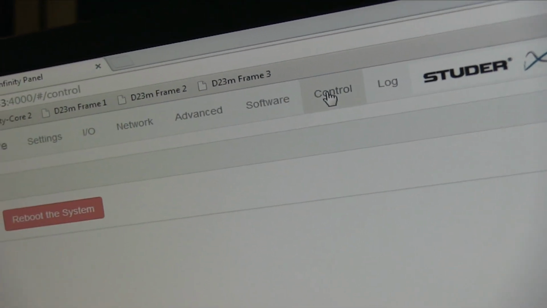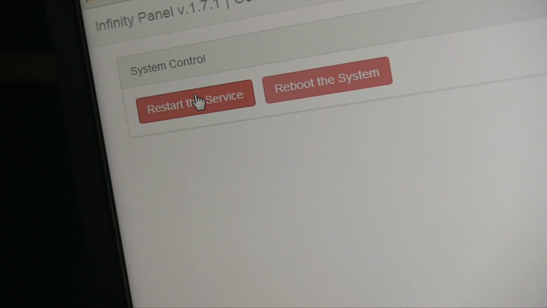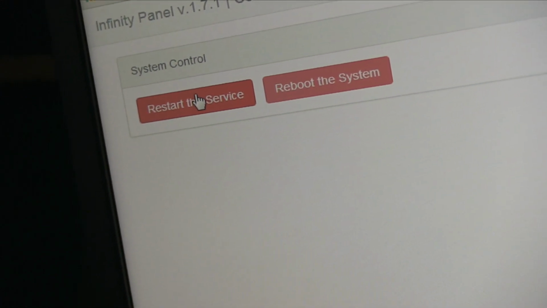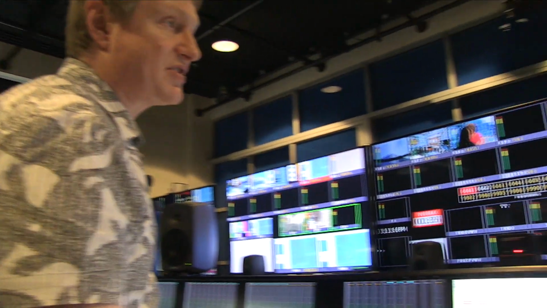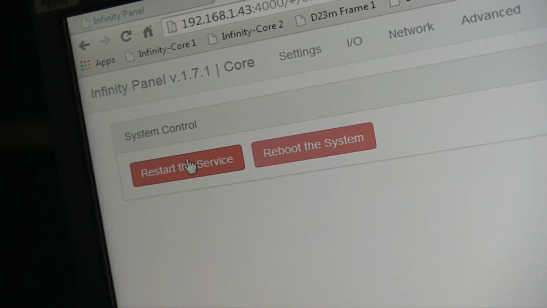And then go to control, and then you can do one of two things. Restarting the service simply terminates and relaunches the relatively tiny application that runs the signal processing within the core. Rebooting the system would actually force the core to shut down and reboot. But restarting the service will have the same effect as rebooting the system as far as which is the active processing core. So if I do this,